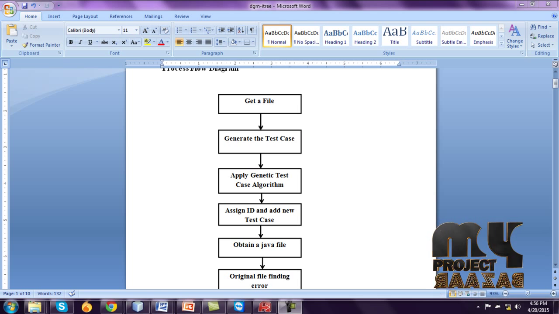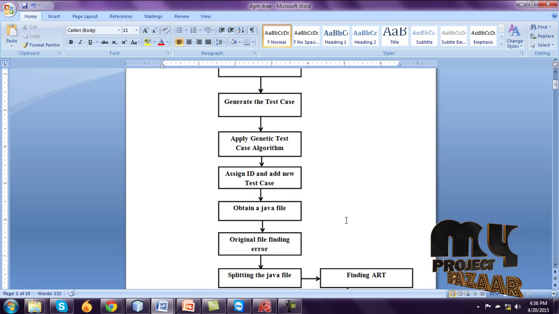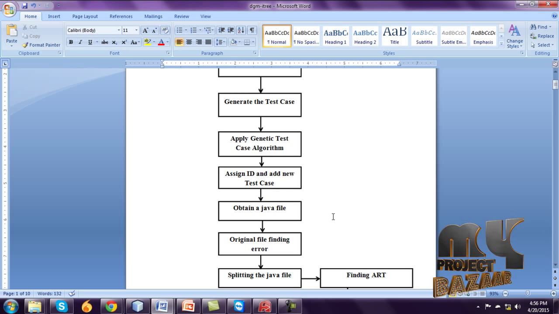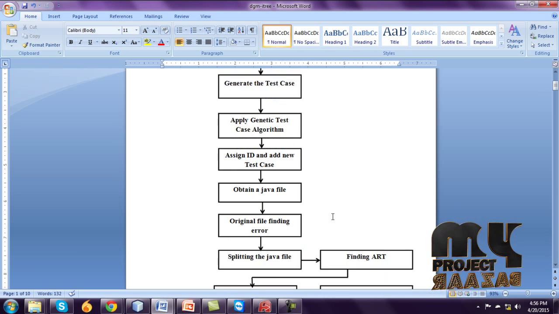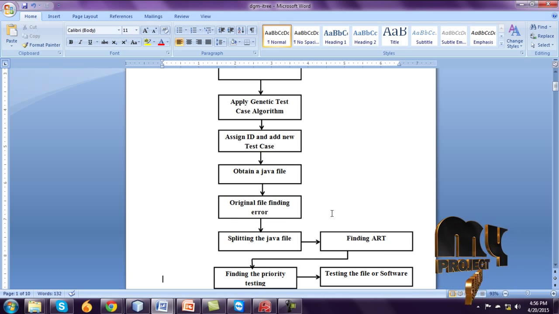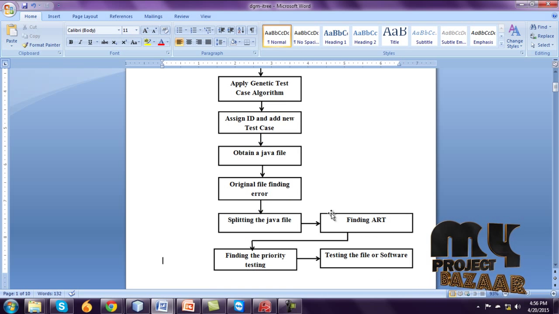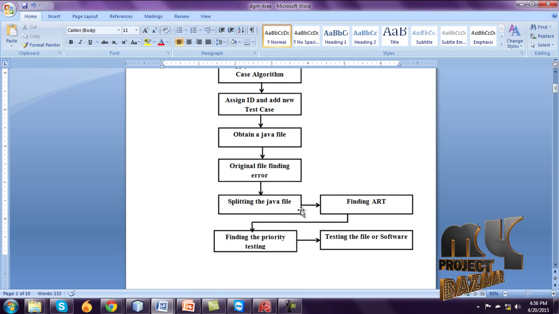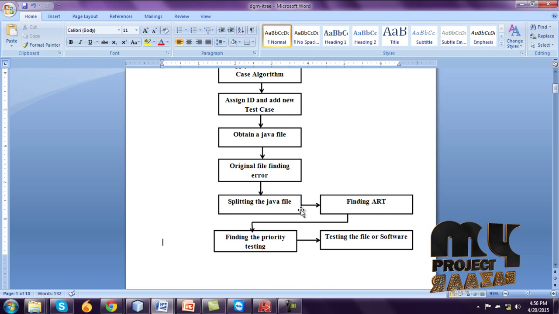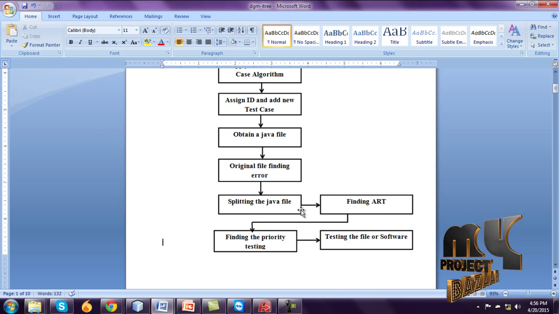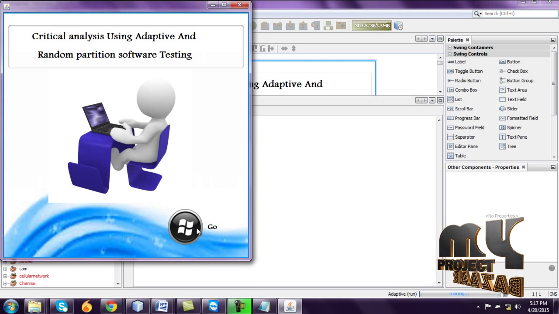The project flow is: get one file, validate the test case, and apply test case generation algorithms, assign an ID and add the new test case, obtain new Java files and the original file, find the error, split the Java file, find adaptive random testing, and finally calculate the priority testing and test the file or software process. Let us see the demo. Go to next